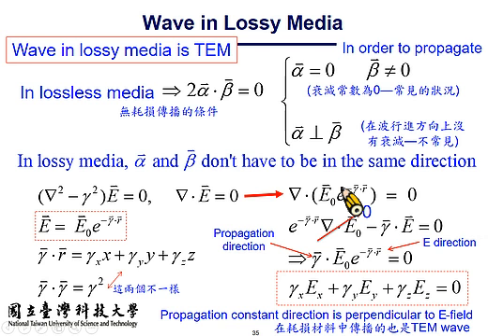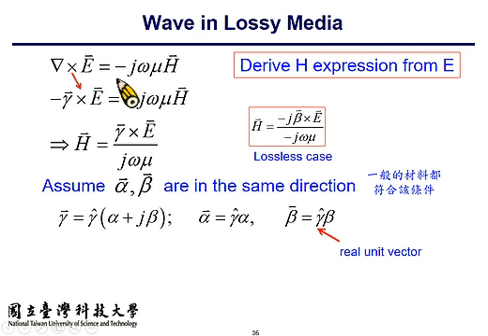So as a consequence, propagation constant direction is perpendicular to E field in lossless medium too. 在耗损材料中传播的波也是 TEM wave。假如你没有边界的话，假如在没有边界条件束缚的状况之下，free space 那个耗损材料中传播的也会是 TEM wave。